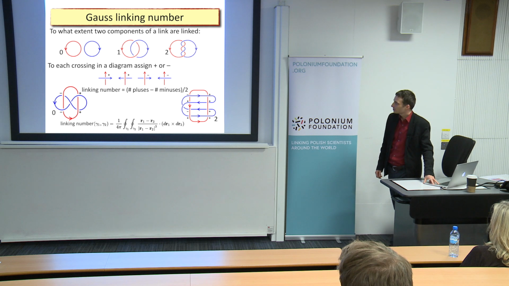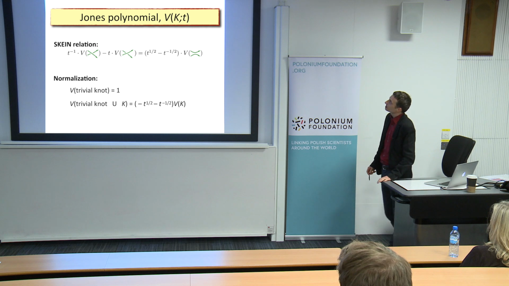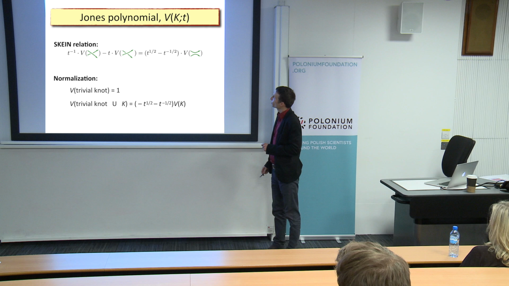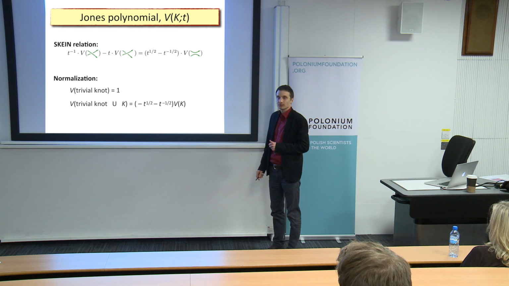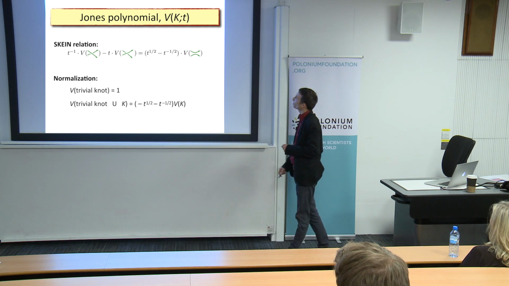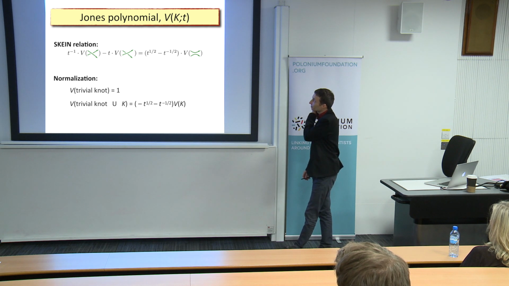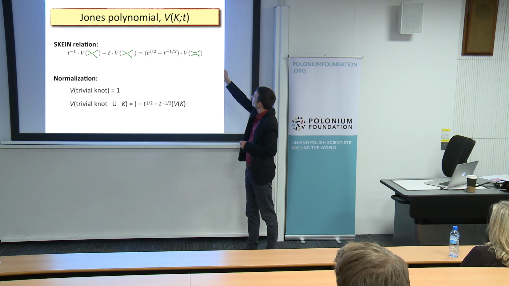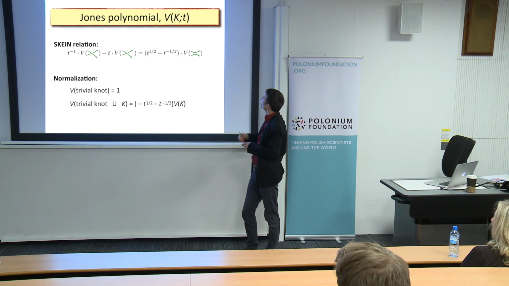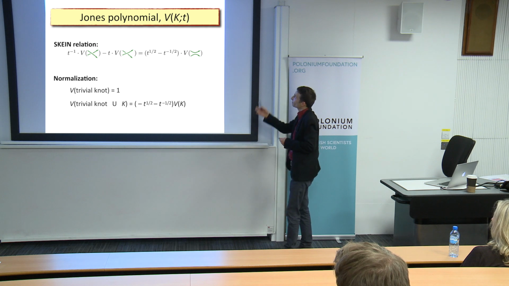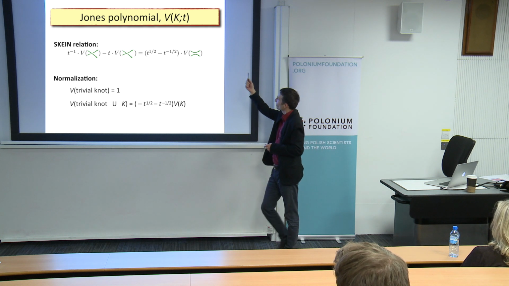And in the 20th century, mathematicians found other types of invariants which take values in functions or polynomials. And one of the most famous, probably, of those knot polynomials is called the Jones polynomial. This is called so because it was found by Jones, a mathematician, and he got the Fields Medal for this discovery. So I denote this Jones polynomial by this capital V, and it depends on the knot you consider, so the symbol K stands for a knot. But this is a polynomial in a variable which I call T, at least in this slide.